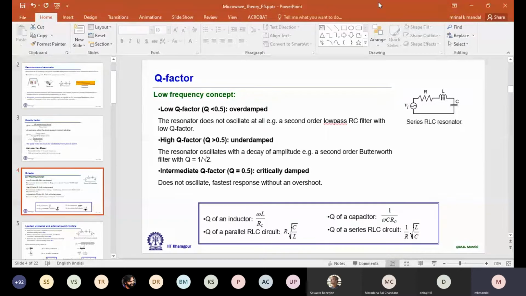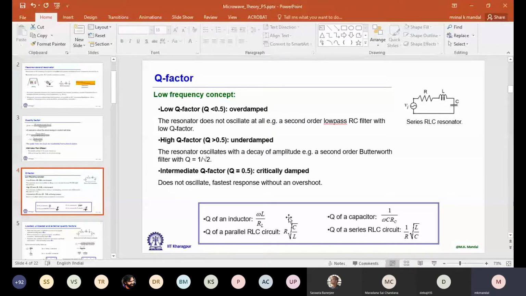For the critically coupled case, R is equal to Z naught if we consider an RLC circuit. If R is equal to Z naught, then it corresponds to a circle which passes through the center of the Smith chart. In the Smith chart we consider the normalized value, so we have small r equal to 1. That defines the critically coupled case, and then the left hand side outside of this circle is the overcoupled, and inside that is the undercoupled scenario.